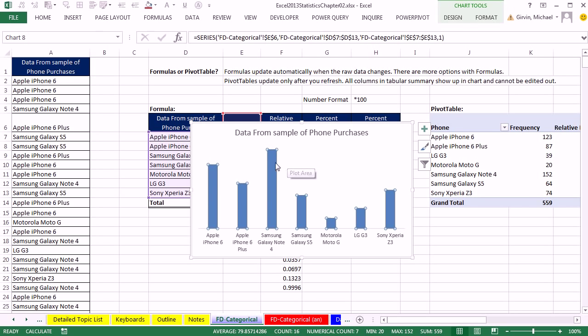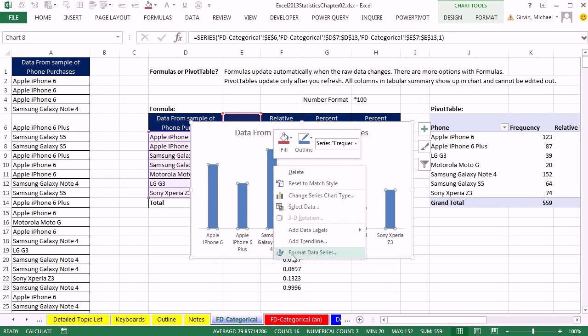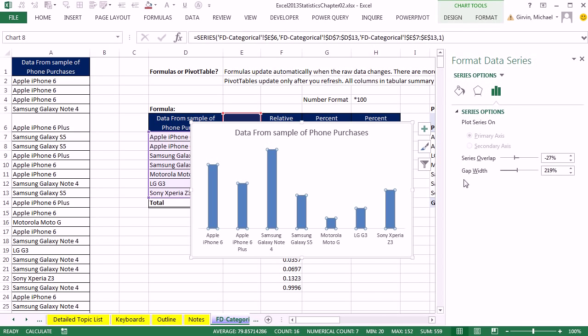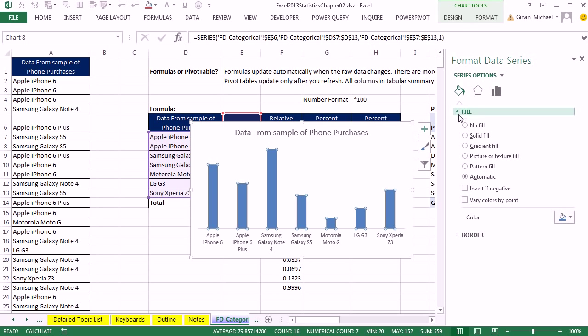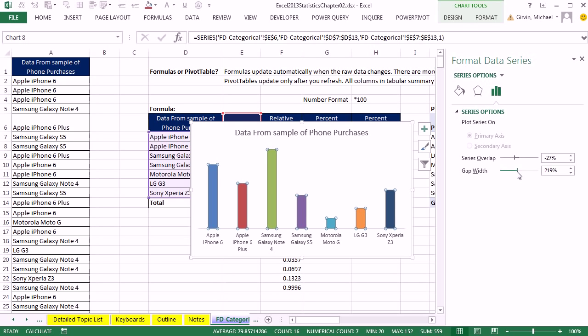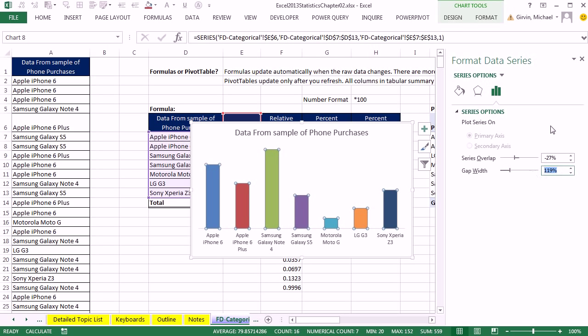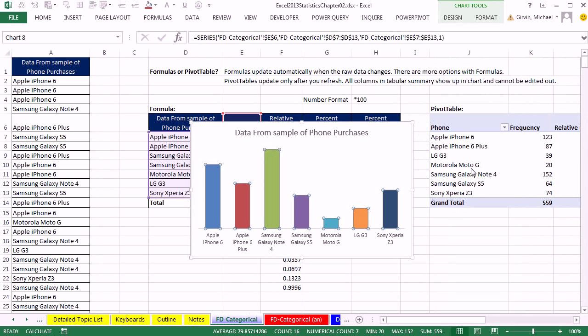Now, let's select the column. And notice that they're all selected. When I right-click, I can open the task pane with either Format Data Series or Control-1. I want to go to the bucket of paint, fill. And down at the bottom, I want vary colors by point. Now let's go over to the series options, or the little columns, and click. One thing you don't want to do with categorical data is select 0 gap width. That's left for continuous quantitative variables, which we'll see next video. I'm going to leave it at maybe 100%, 100, and enter. Now I can close the task pane. I want to add the frequencies at the top, so I click the plus.